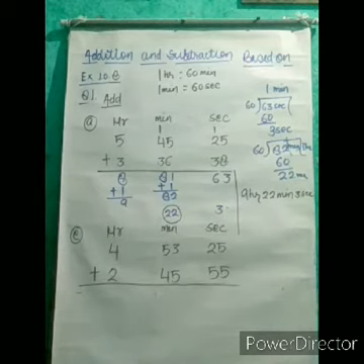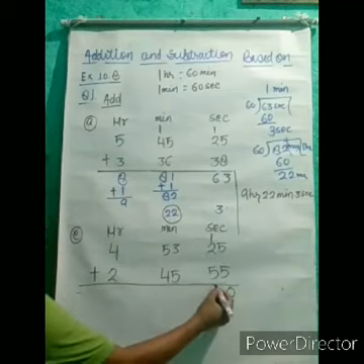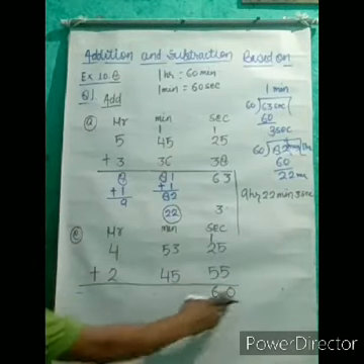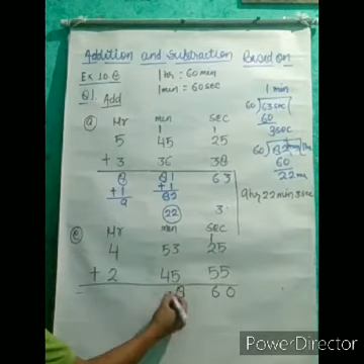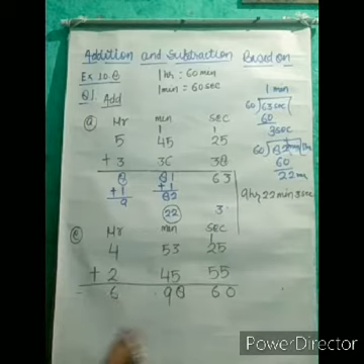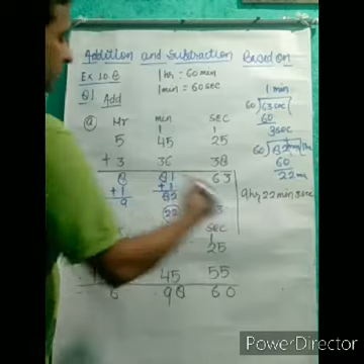Simple addition we will do here. 0, 1 and here 6. So you can see it came equal to 60. Here 8, 4 plus 9, 5 plus 4, 9 and here 6. So what is this 60? I told you if seconds or minutes are equal to 60 or more than 60, in both cases we will divide. So here seconds are more than or equal to 60.